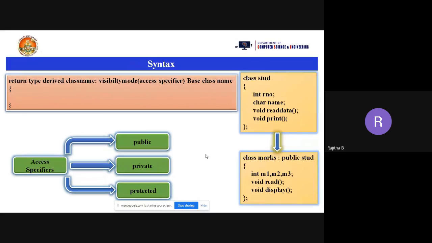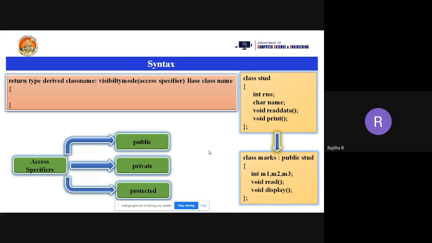Ma'am, in a class, if we declare the variables under protected, will they be encrypted? Correct. If you are declaring public, private or protected: if you declare private, we cannot inherit the properties into another class. That is the security of private.